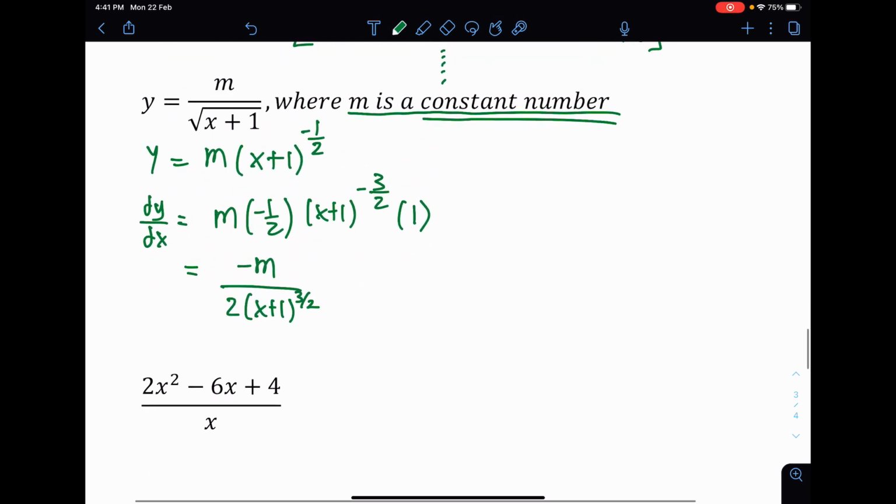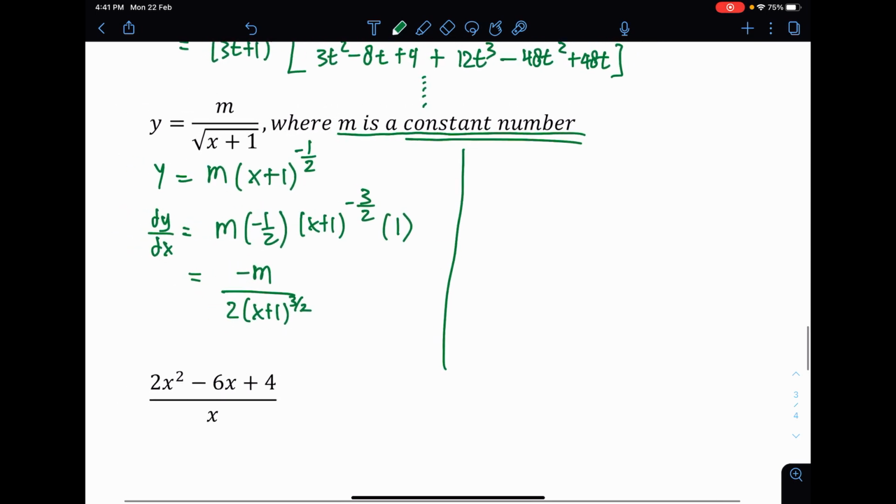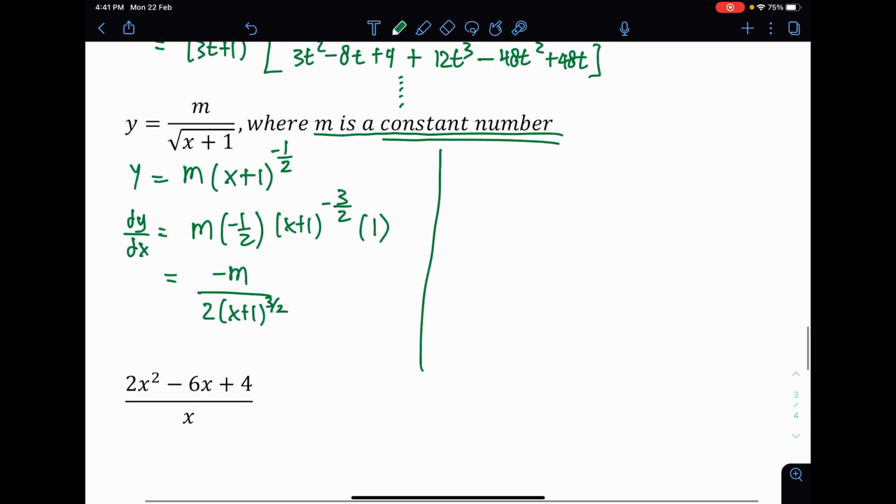I remember that some of my students actually asked whether I can do a quotient rule here. The answer is yes. But I don't think quotient rule is something that is supposed to be done quite frequently. But let's just see what will happen if you do that. First I'm going to differentiate the m. Now notice that m is a constant number, so when you differentiate the m, you get 0. Then copy down the denominator, minus numerator, then differentiate the denominator.